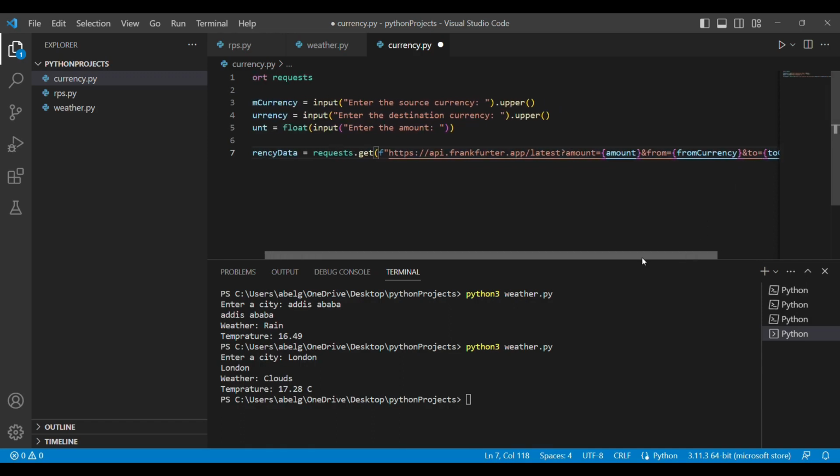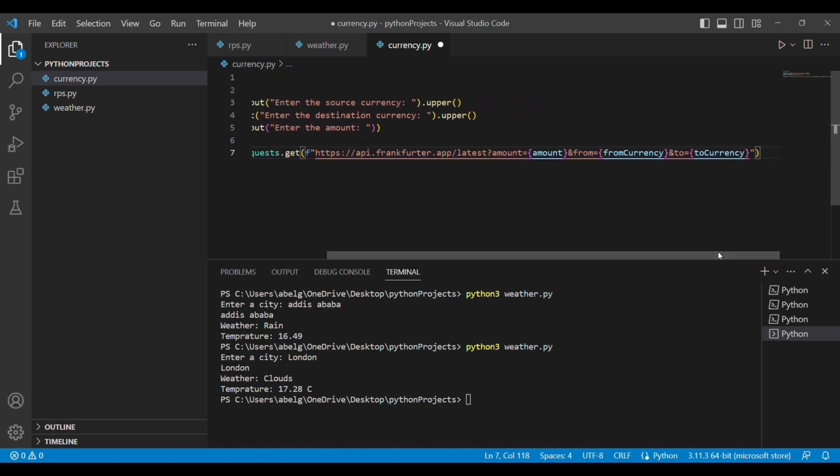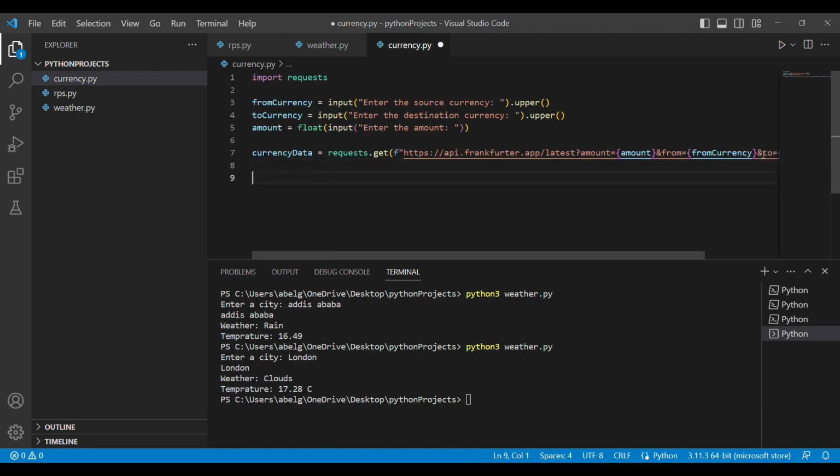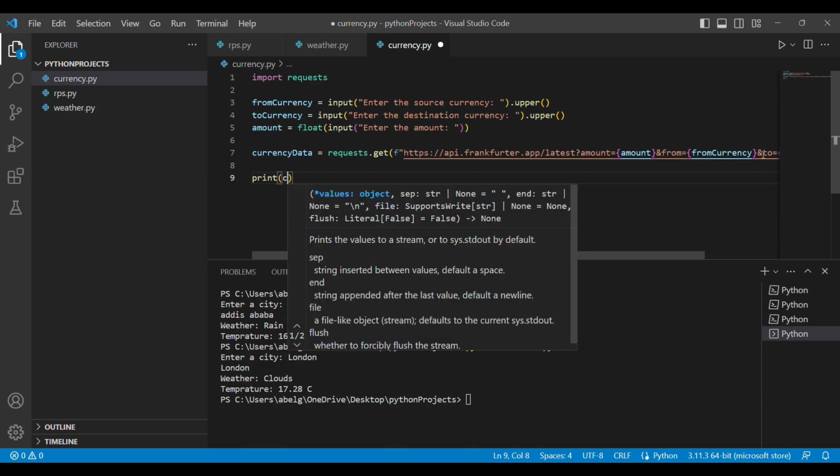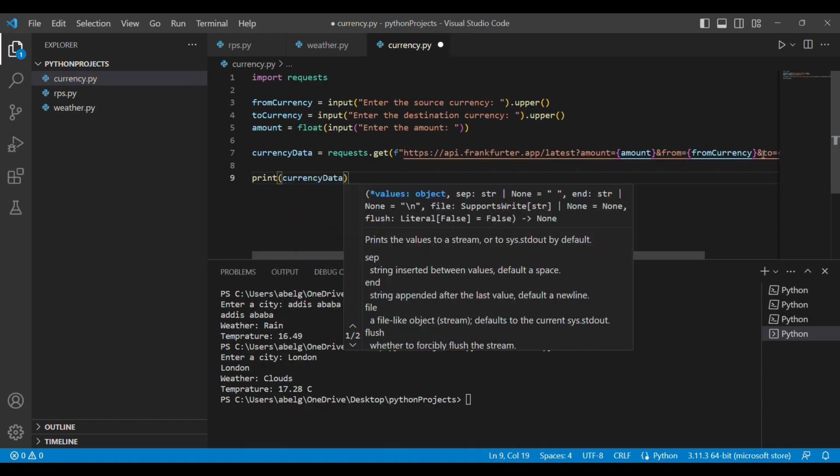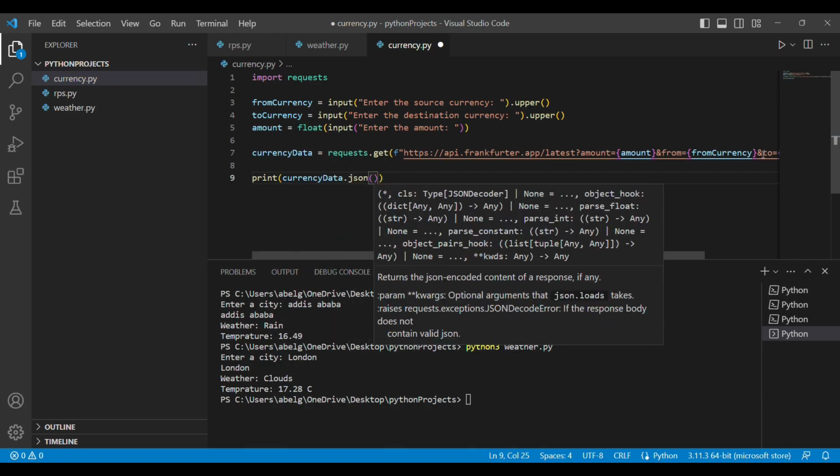So this is the request to get the currency data. So after this, as we did before, we're going to print out the JSON form to see what we have to do in order to access the values that we want. So we're going to print out currency data.json. So we're going to run our file.